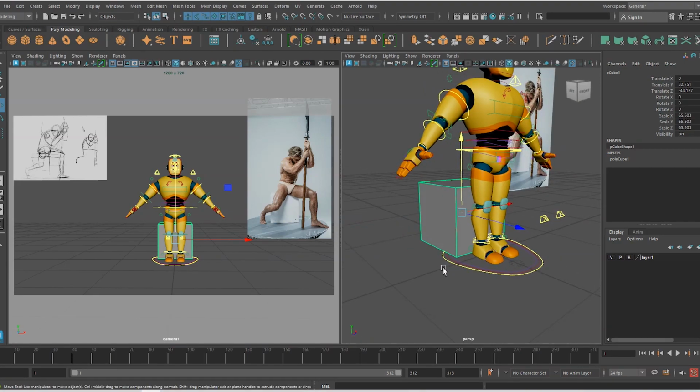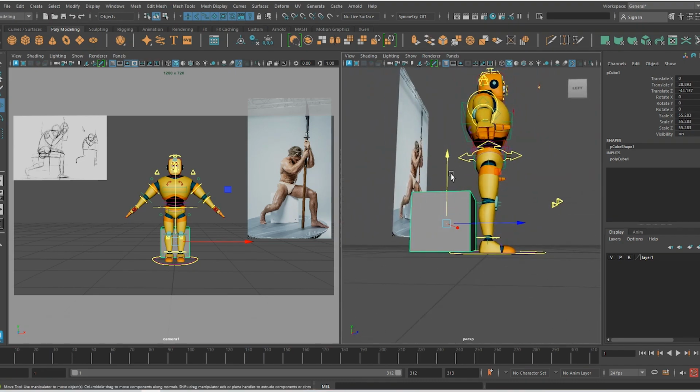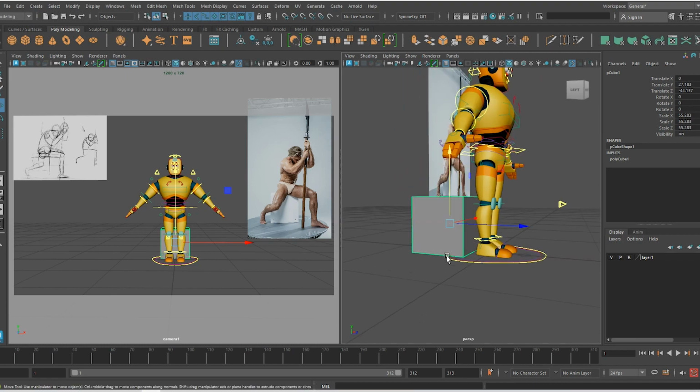Okay, maybe we can reduce this size a little bit more. So I think this much is fine. Okay, so now let's start the posing,